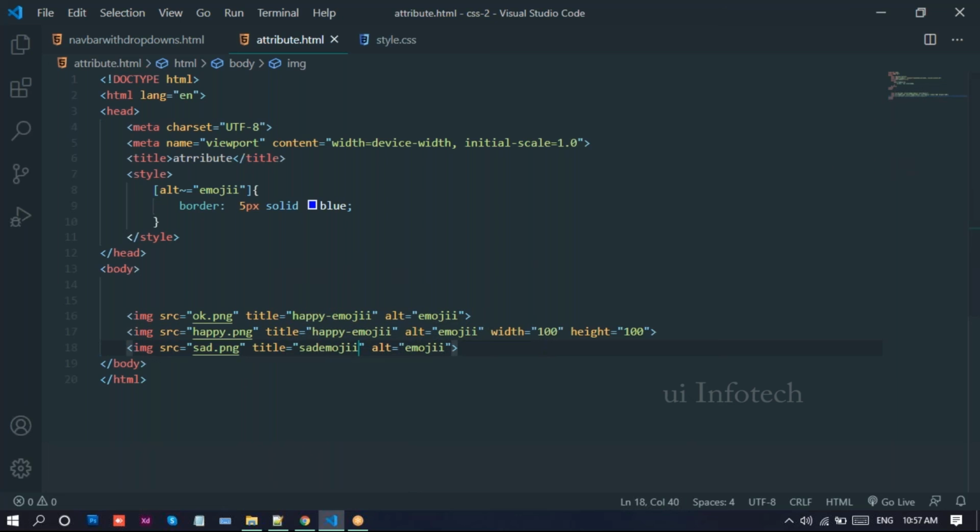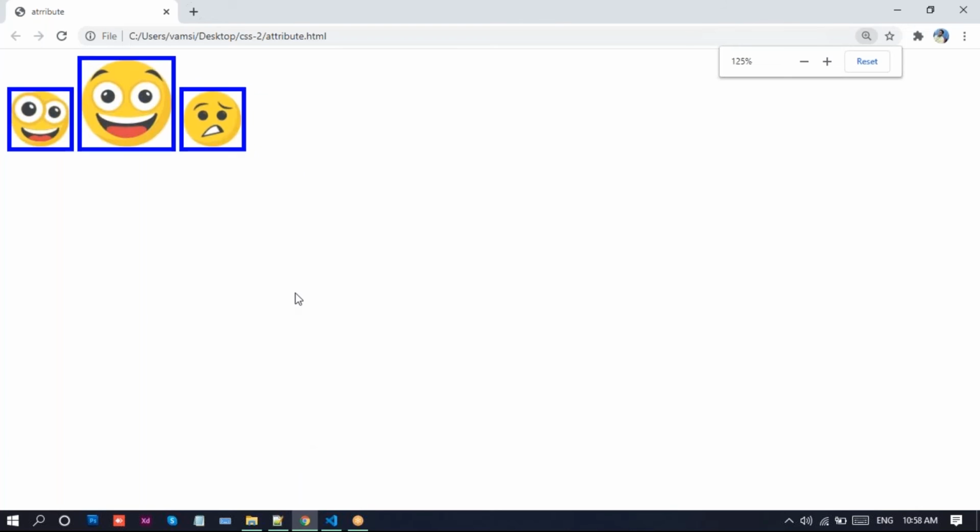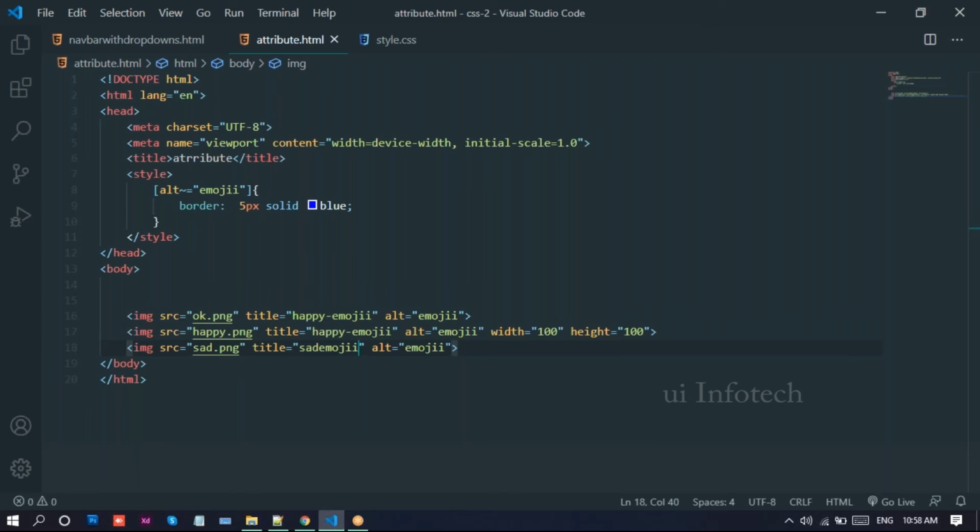Next we have, so next attribute is the pipeline selector. So the pipeline selector is starts with hyphen here, suppose. So here I'll take this hyphen, I'll provide this hyphen there. Now here I'll just write sad emoji. Now what will happen? Now look at this one, I'll just increase the size there. I'll just increase the size here. Now look at this one, I'll just refresh this one.